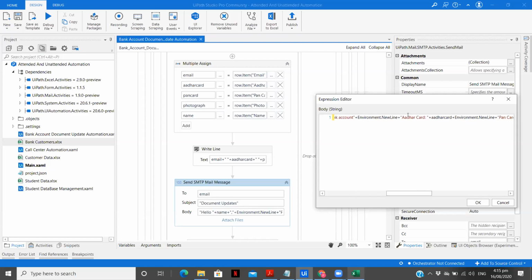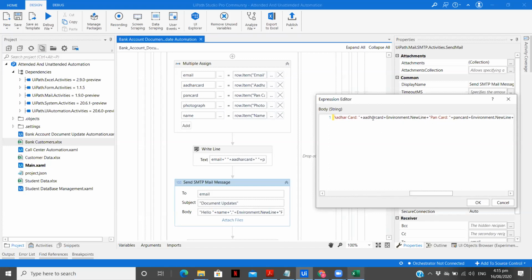Then on a new line, we are giving him the complete details of his documents. We are not just giving him the details of what he has submitted or not submitted; we are giving him the complete details. Like, these are the documents you need to submit again, and these are the documents you have already submitted. So the user also gets a track of what he has left to submit.